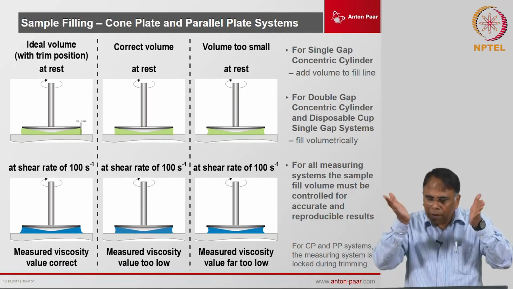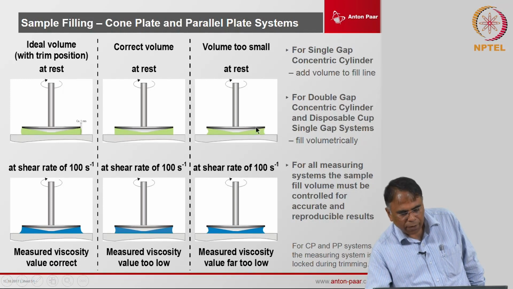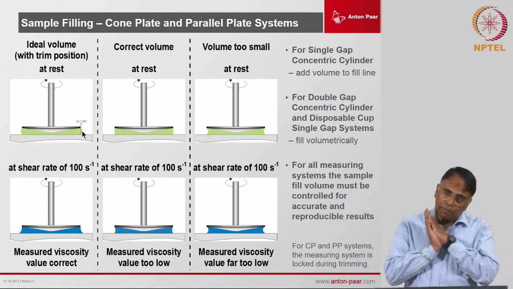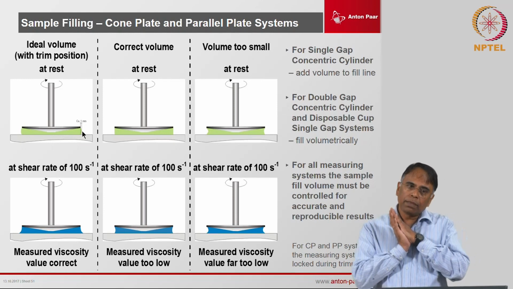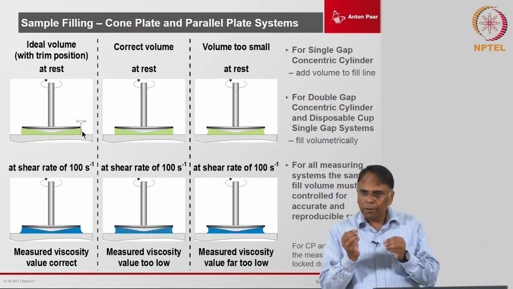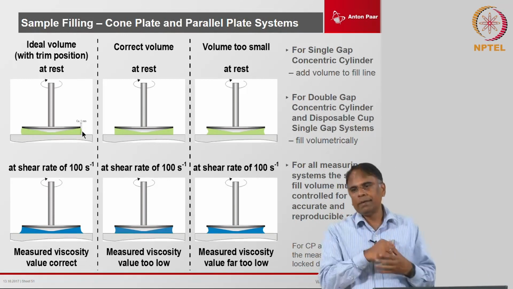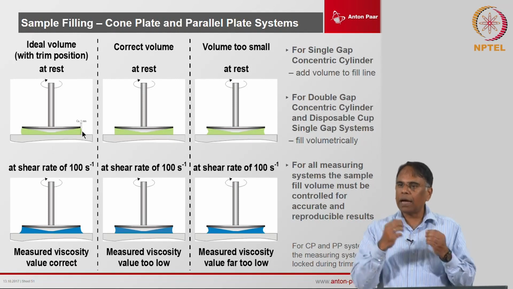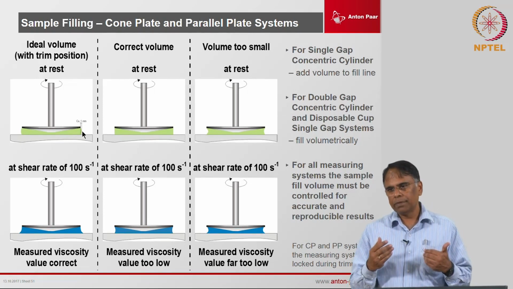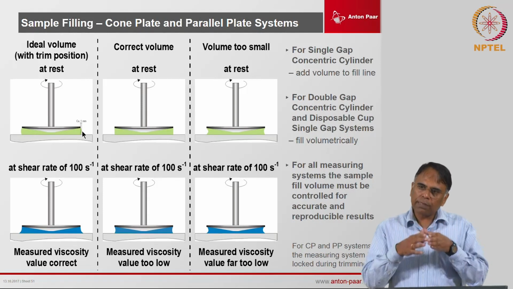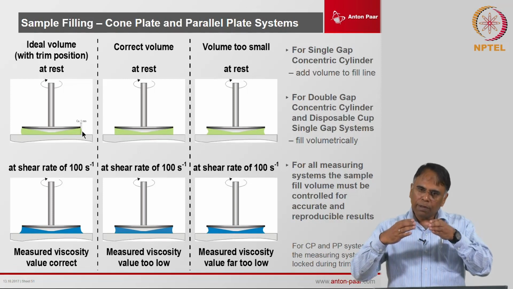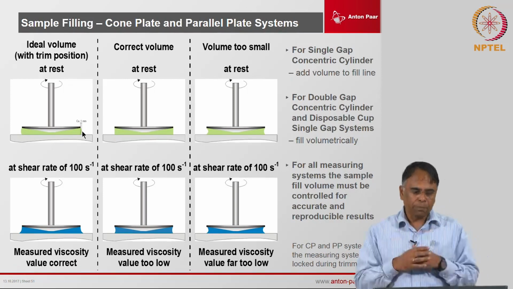The sample should not have a bulge inward like this, but it should have a bulge outward like this. The reason is that, specifically in a geometry like the parallel plate, the stress is concentrated at the edges. So if you have not properly loaded the sample, and the gap is unfilled even in a small place, the error you get would be very huge. It is very important to make sure that the sample loading in a parallel plate and a cone and plate is such that the sample actually bulges out at the measuring gap, at the measuring position.